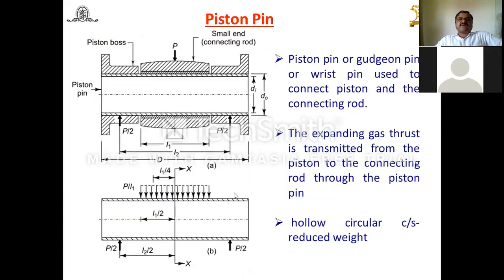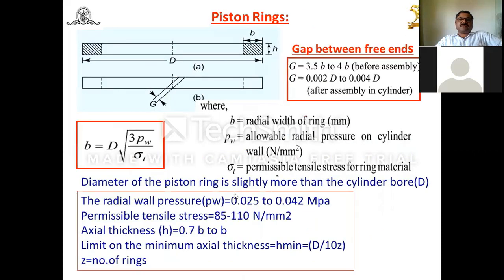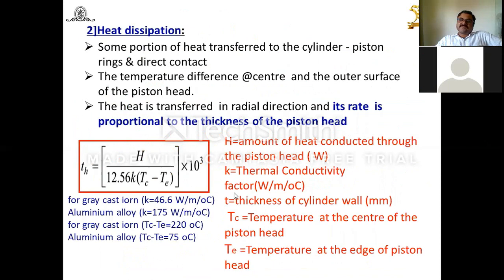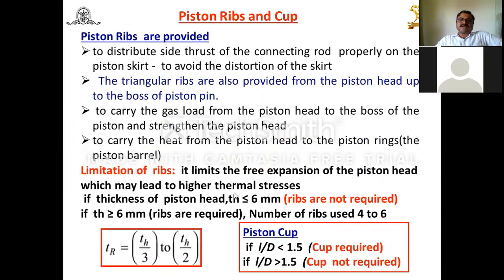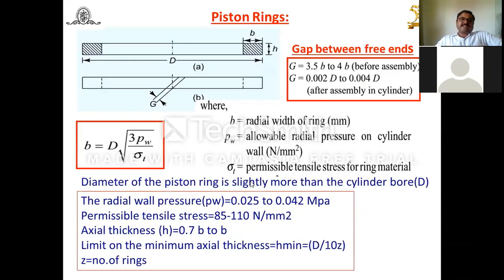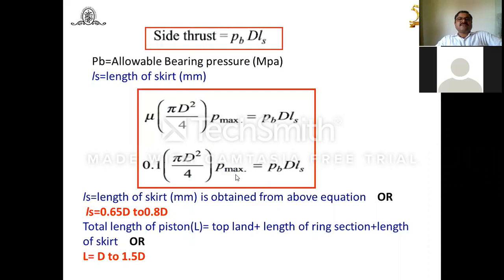In this way, I have covered here the design of the piston, piston rings, their parts and dimensions. So you will find here only some of the equations that you have to use, and a number of empirical relations are given. And again, standard materials are used for the piston, piston ring and different parts of the piston. Accordingly, you should know the limiting values of those materials. It will help you while finding out the dimensions of the piston. This is about the design of the piston.